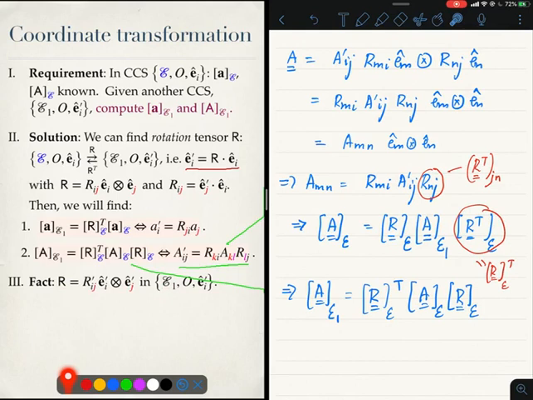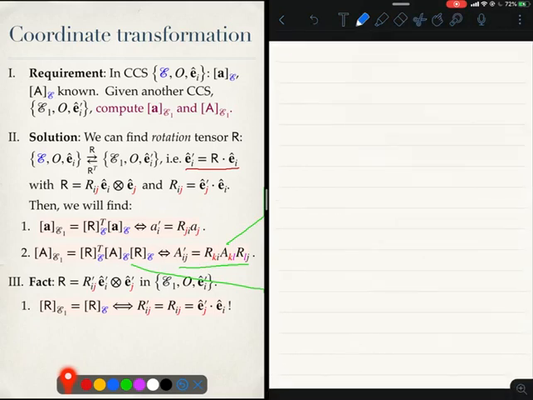And what I am going to show you now is that in fact the matrix of R in E1 and the matrix of R in E are exactly the same, provided R connects E to E1. That means R prime_ij and R_ij are both equal to e_j prime dot e_i. Again, please remember the sequence: e_j prime dot e_i. This is an excellent identity which you can derive very easily, and I can derive it over here.